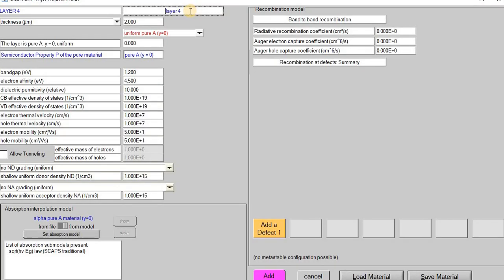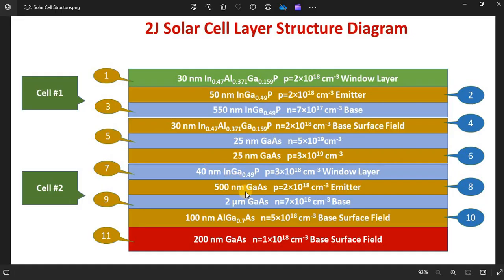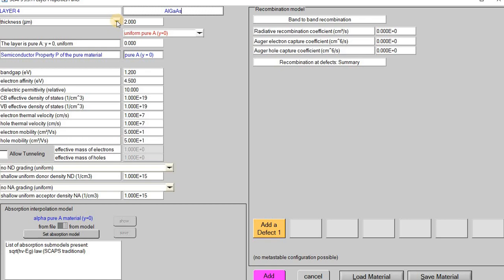Talking about the properties of the aluminum gallium arsenide layer. Click on add layer. Layer number 4 is aluminum gallium arsenide. Its thickness is 100 nanometers. Its band gap is 2 electron volts, which I found from the Silvaco TCAD simulations. Electron affinity of 3.9, dielectric constant of 11,